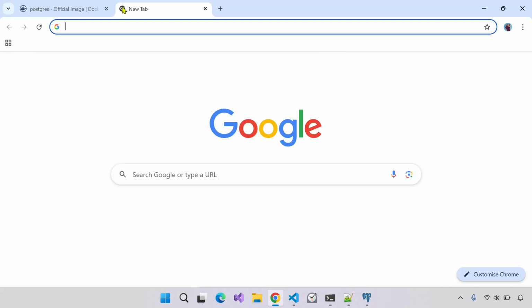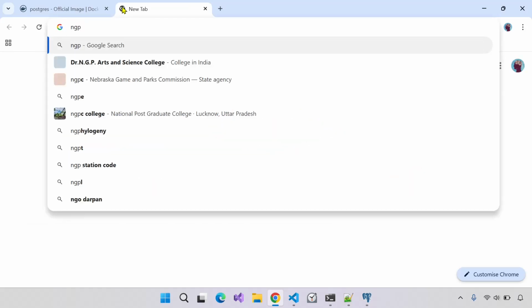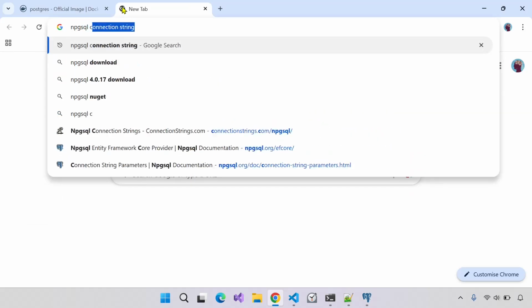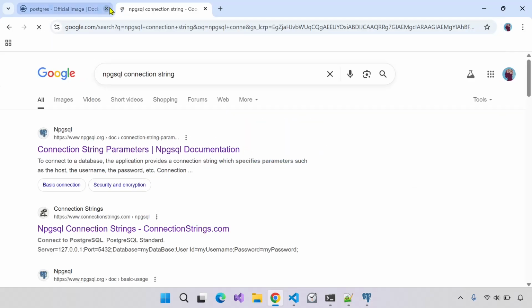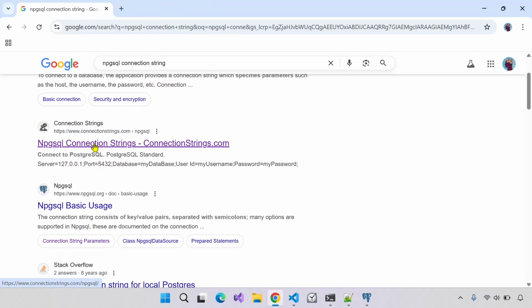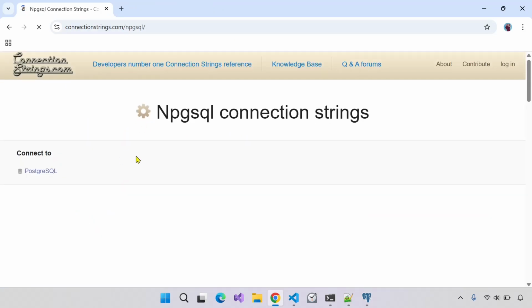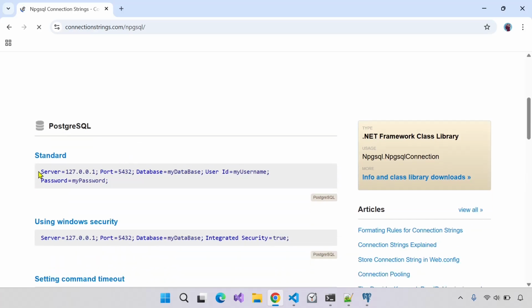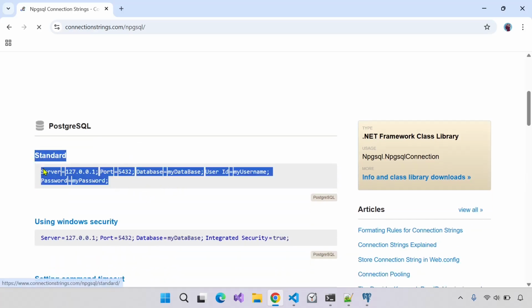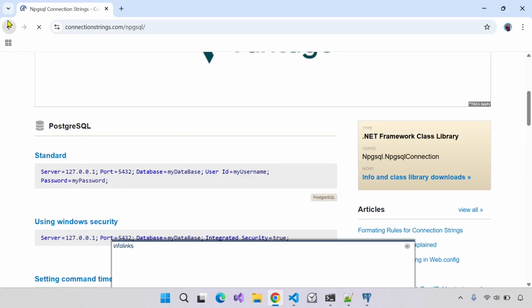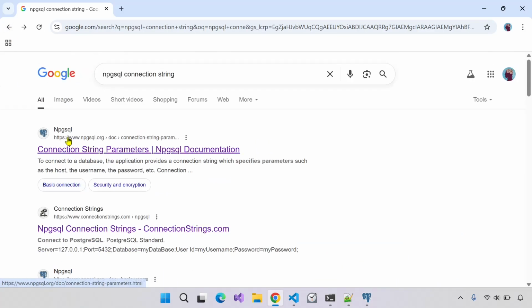Just type here Npgsql connection string, and you have these options. This one is the connection string. Let's see what it offers. It's saying that this is our connection string, but I doubt whether it works, so I'm not going to use it. I'm going to go to the official site,